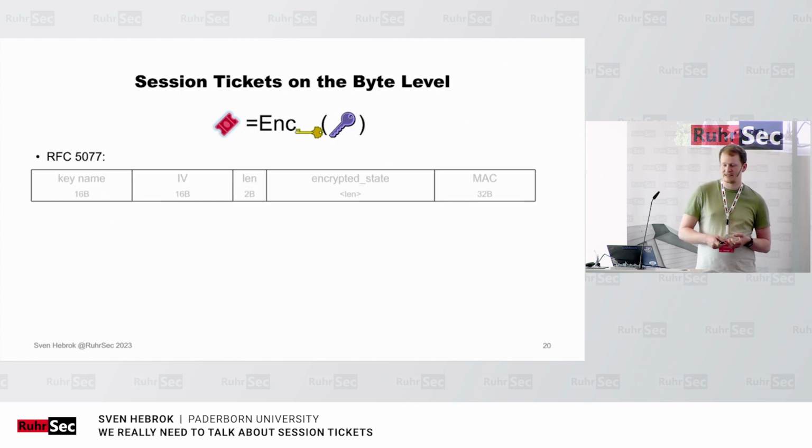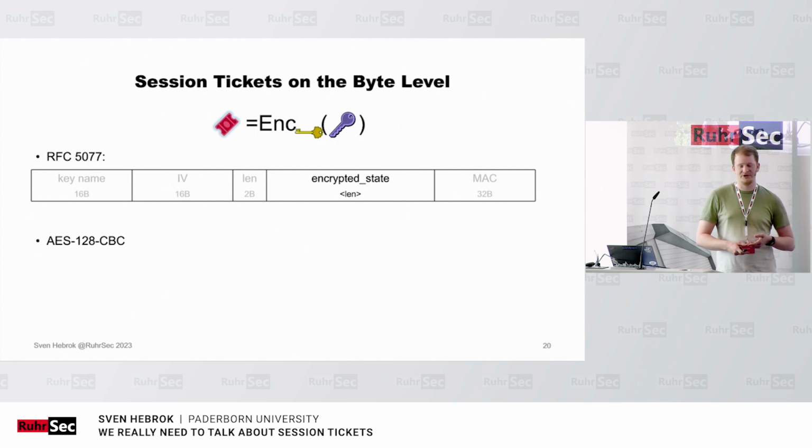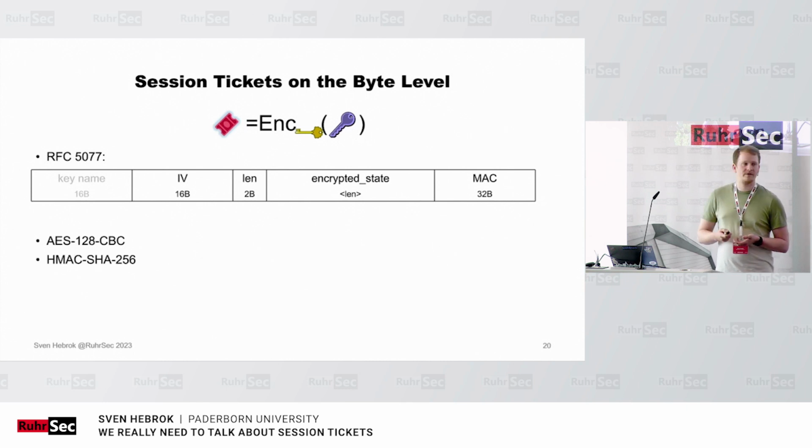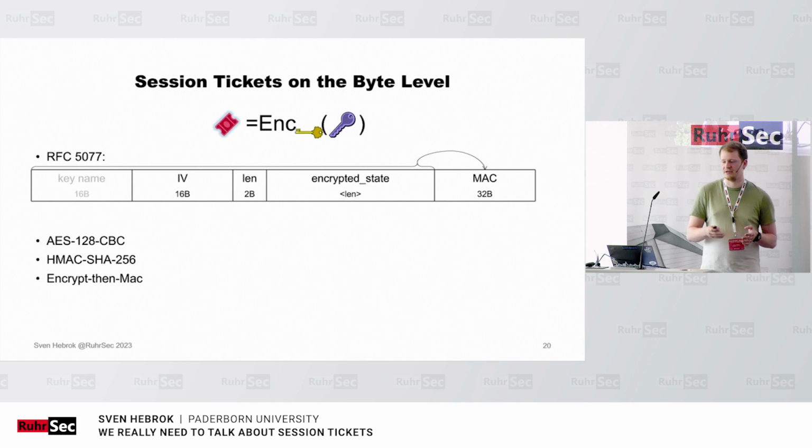The RFC says this binary blob consists of some fields where the master secret is included. First of all, we have the encrypted state, which includes the master secret but also some additional state information, which is encrypted using AES-128-CBC. Because it's CBC, we also need an IV, and the RFC also put a length field in there. Next, we have a MAC, HMAC-SHA-256, which is used in an encrypt-then-MAC scheme to protect the ticket against any